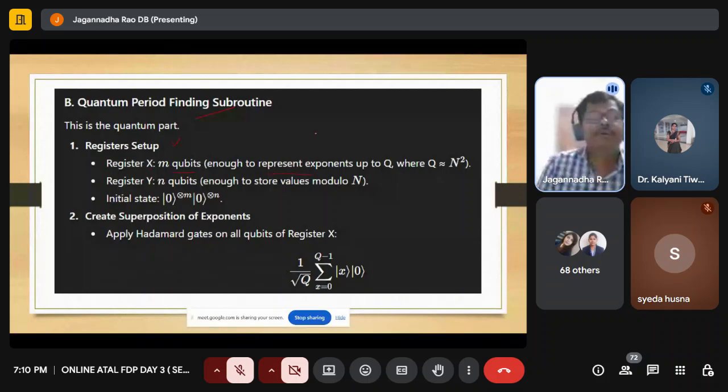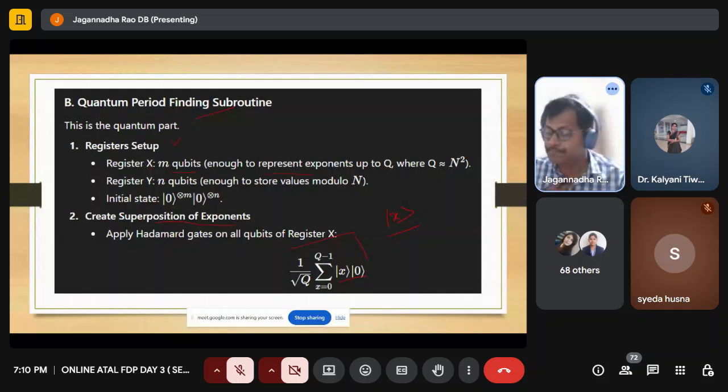So next what happens? Create a superposition of exponents. For this, the formula is 1 by square root of q, sigma x equal to 0 to q minus 1, the state x and 0. What is the meaning of x and 0? This is called ket notation. Once you write it like this, it is called ket notation for so and so element. This comes from